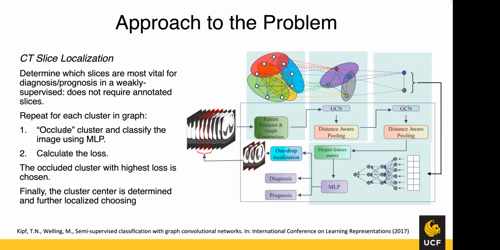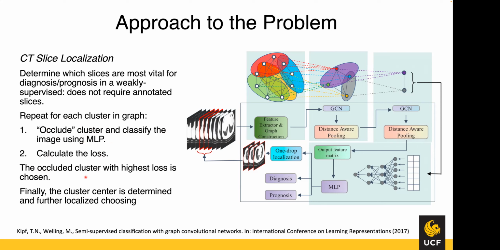repeat these steps for each cluster in the graph. So each cluster, like this green oval is a cluster and the red is a cluster, etc. So for each one in the graph, you occlude that cluster or you act like it's not there, and then you run through the model and classify the image using the MLP here, and then you calculate what the loss is, and then if you do this for all the different clusters, their idea is that